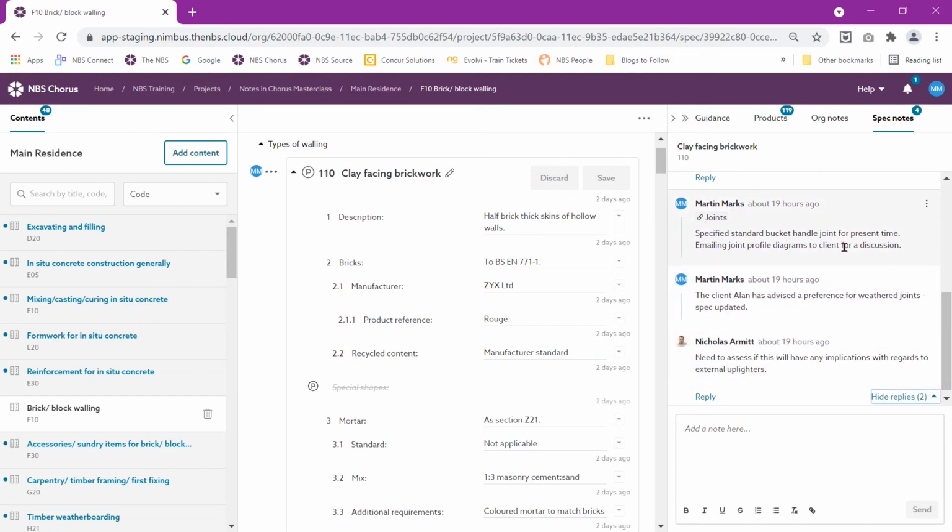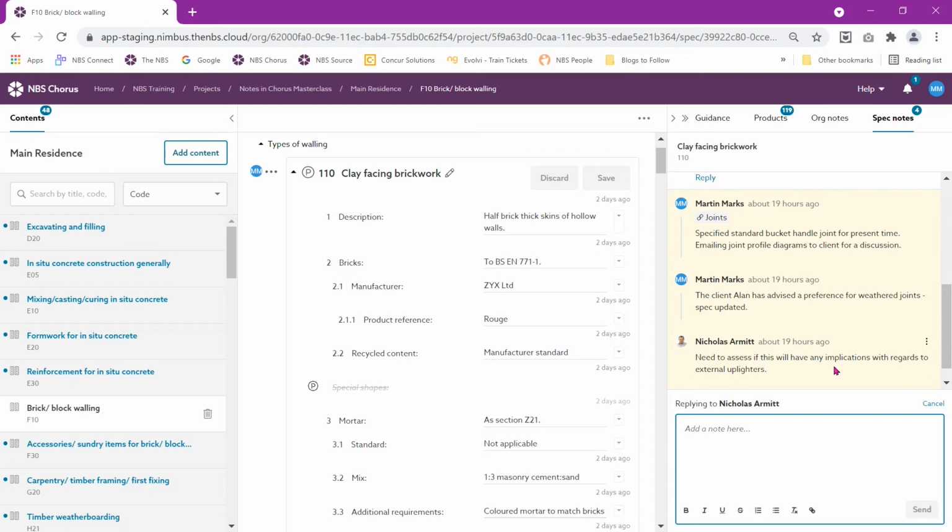So this thread relates to selecting or specifying the joint type. And if I want to reply in this particular thread, I can just click on reply. You'll see here I am actually replying to Nicholas Armit. And Nicholas is the person that last added to or created a spec note as a reply in this particular